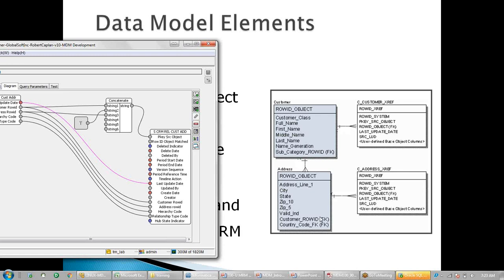This relationship that I have created is a one-to-many relationship between the customer and the address. I have created this based on looking at the source data, whether that source data is maintaining a one-to-one relationship or a one-to-many relationship. Based on that only, this model is created. So we will be pulling the customer data separately, and we will be loading the address data separately.